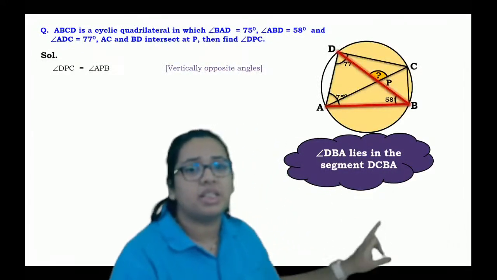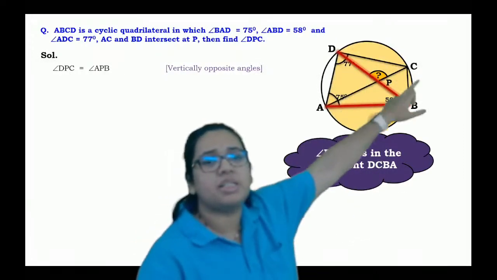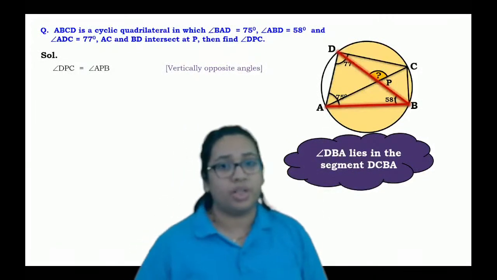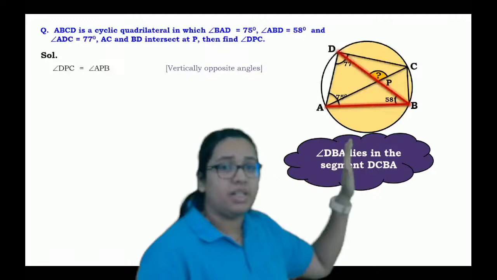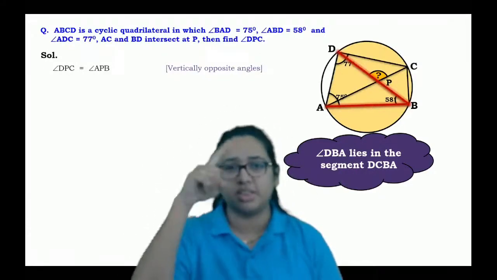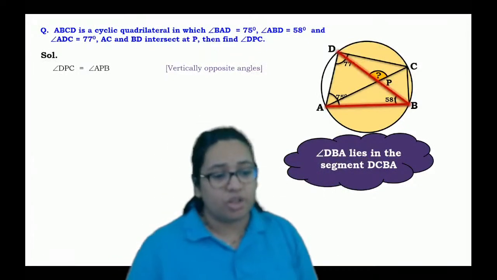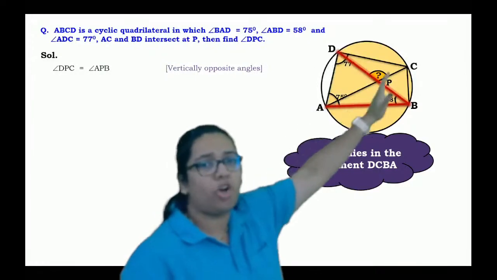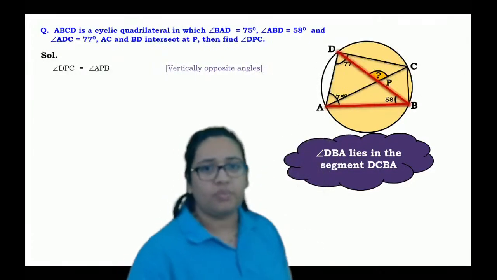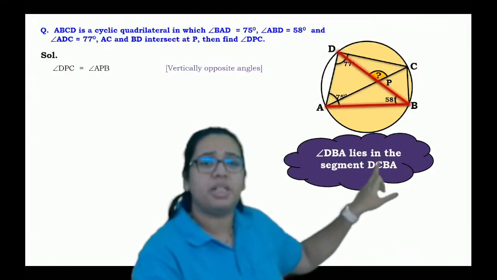Now the next case is that DBA lies in the segment DCBA. Okay, we are talking about segment. Segment is nothing but, as we were considering chord of the circle, we were only considering the path of the circle. Instead of that, now we are talking about segment. Segment is nothing but just a part of that circle. Okay, so DBA lies in the segment DCBA